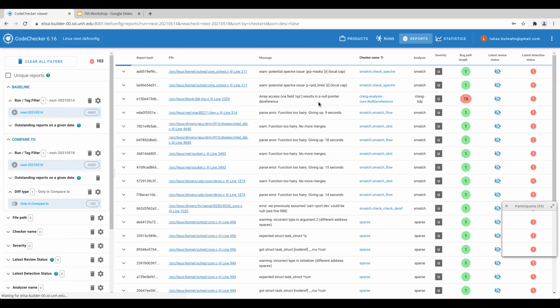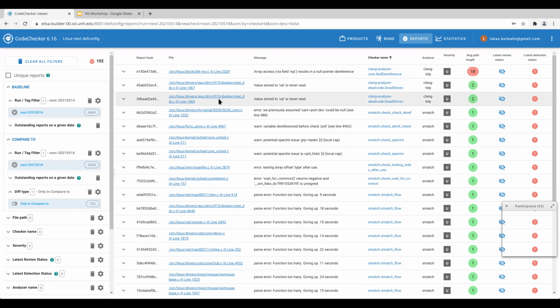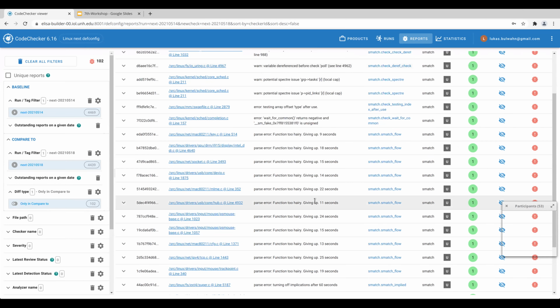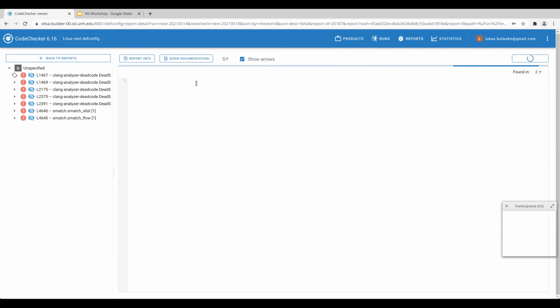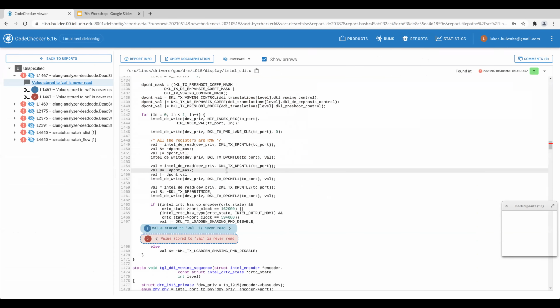And again, this is all work in progress. There are a number of parse errors, but also you can see that, for example, in the Intel DDIs on the Intel display drivers, there are 2 new dead stores, and you can look at those and see what has changed,